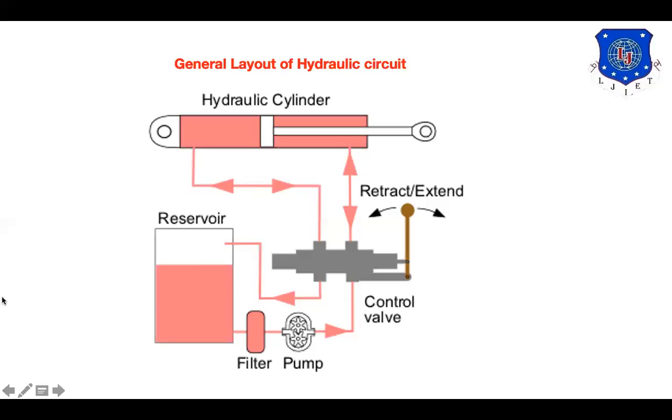Now from the reservoir, we have a constant supply of the working fluid to the pump section, and at the same time working fluid is returning from the cylinder. This filter will try to remove the dust particles and abrasives received during the application. The pump we normally use is the positive displacement pump because our ultimate requirement is to have a constant discharge. Whatever pressure is created, we need to have a discharge under that condition. To fulfill that, we use only a positive displacement pump. So this is the general layout, or the understanding of the different members.